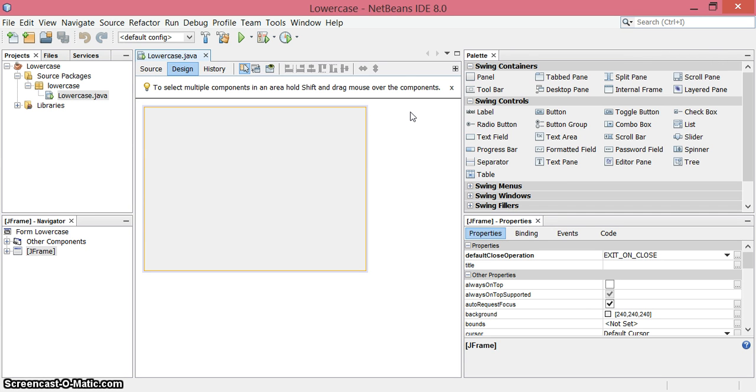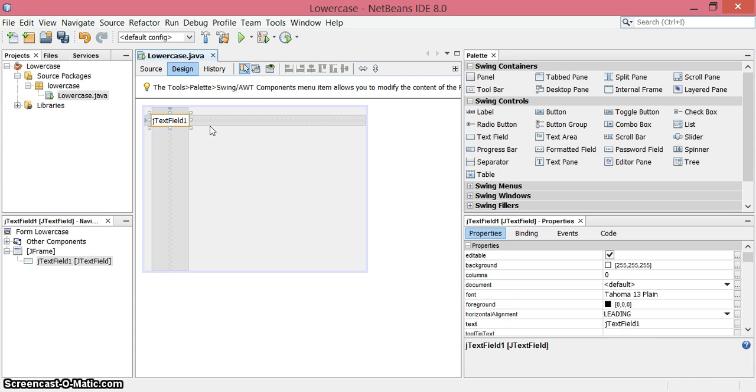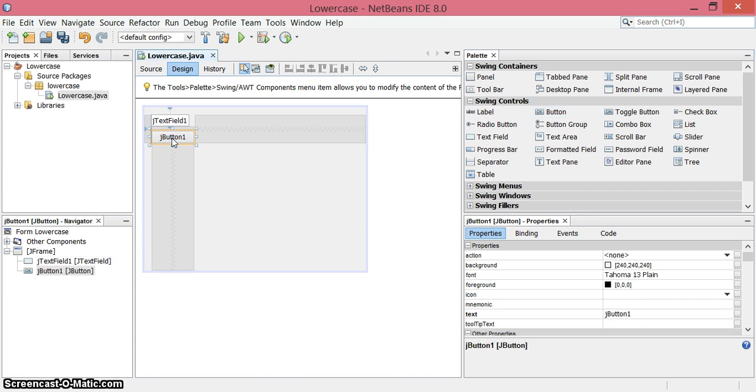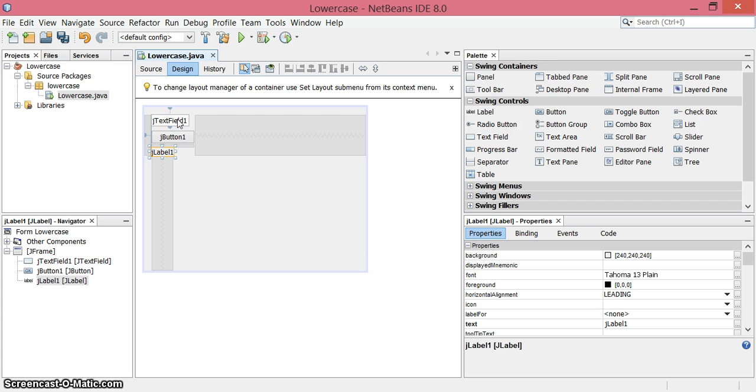So what is our application for? We're going to give the user a text field right here, and I'll put it, you see the guides there, in this corner a little ways away from the edge, and then a button, and when they press the button, this label right here will update to say whether or not the text they entered is lowercase text. So we're going to stretch some things out here, give ourselves some room on each of